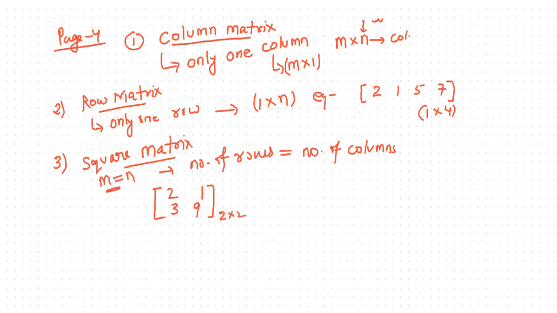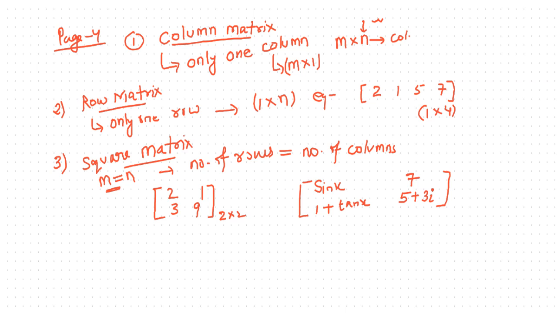2 by 2. Till now, the examples we have taken are matrices containing only numbers as their entries. We should not be confused by it. We can also have functions like sin x, 1 plus 10x, 7, 5 plus 3i. This is complex notation. Now it is clear that a matrix can also contain functions and numbers.